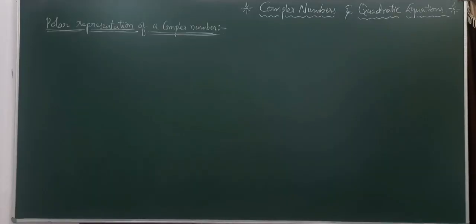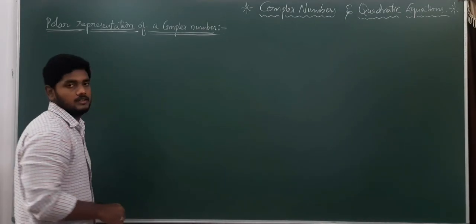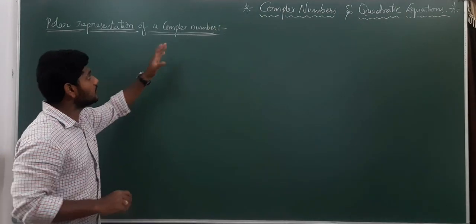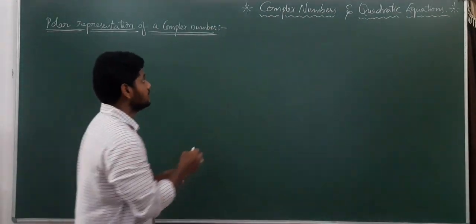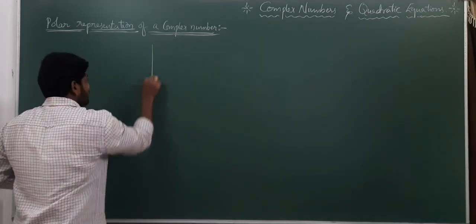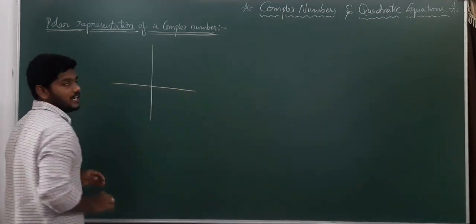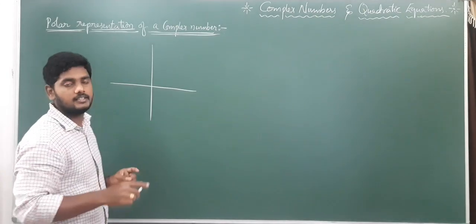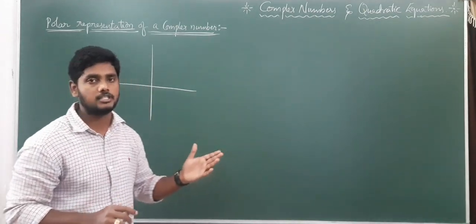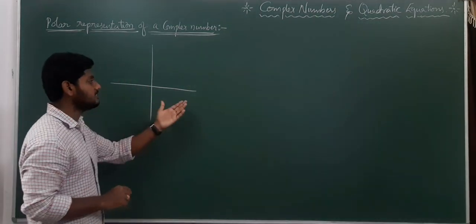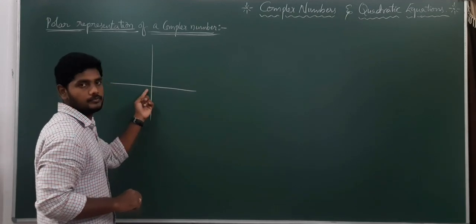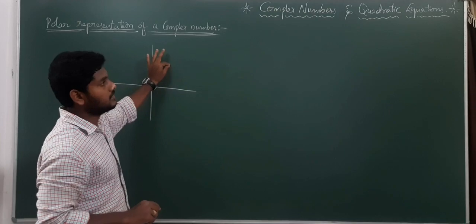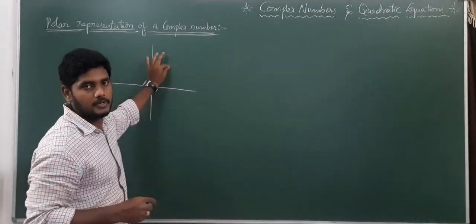Now, polar representation of a complex number. Nothing but that complex number only we will represent in terms of polar representation. How? See, for example, as it is an argand plane, did you understand the difference between the argand plane and the 2-dimensional plane? In the argand plane, the x-axis we will consider as the real axis, this as the imaginary axis, this as the pole. Any point in this plane we can convert into a complex number, right?